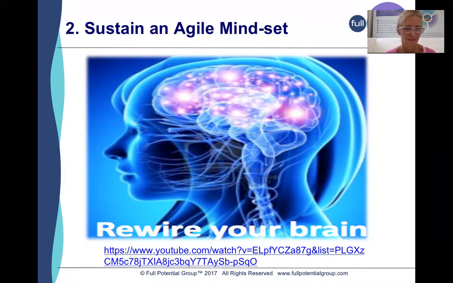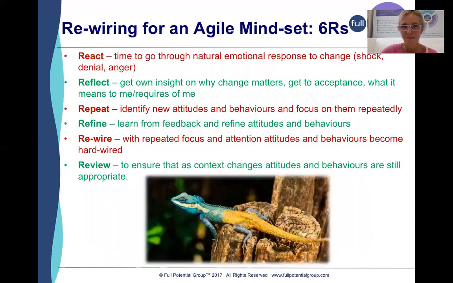And we all grow up with certain beliefs and certain attitudes hardwired into our brain. And in order to be agile, we have to know how to create new neural pathways to rewire our brain, as Carol said earlier. So what we're going to talk about now is how do we do that? And that requires neuroplasticity. So maybe if you go on to the next slide, Carol. So what we've come up with is the 6 R's of neuroplasticity. This is how we go about rewiring our brain.